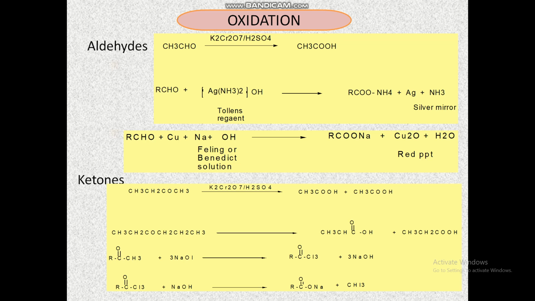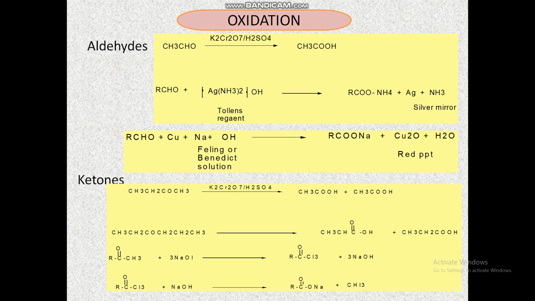Next, the haloform reaction. For example, in the haloform reaction, it is producing the iodoform. It involves the reaction of methyl ketone with halogens in aqueous sodium hydroxide. The ketone gets oxidized to form the sodium salt of an acid which has one carbon less than the ketone.